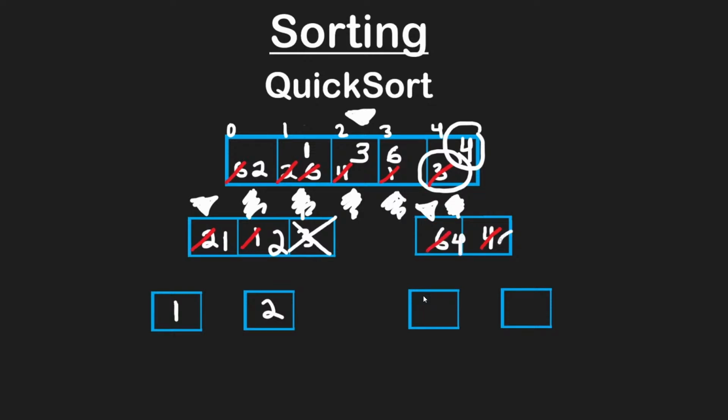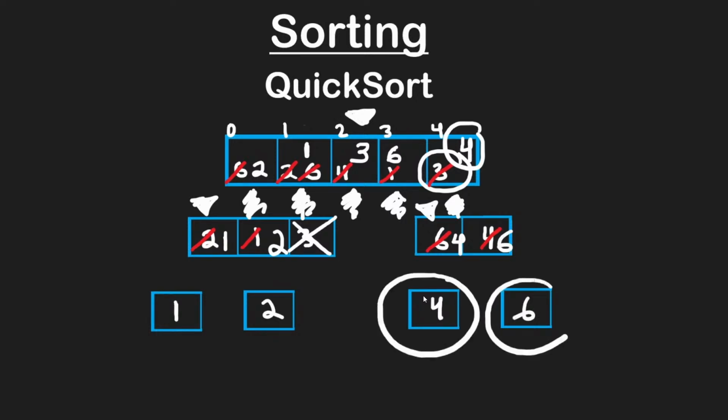So this would be a 4, and then this would be a 6, and then we would run quicksort on these 2 subproblems, 4 and 6, but this is the base case. This is also the base case, so we're